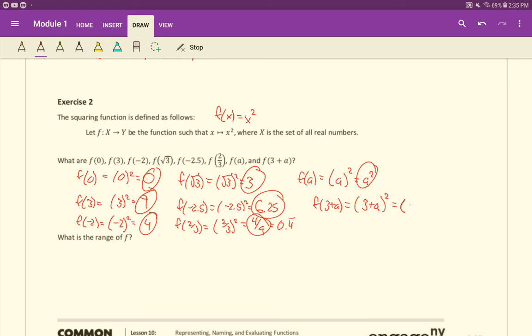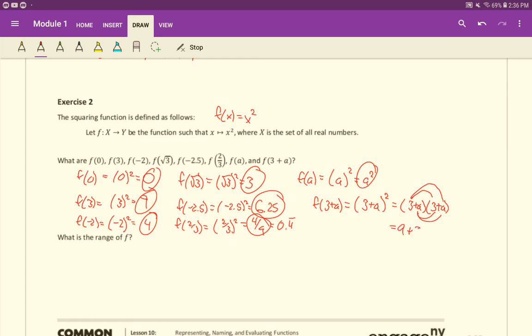We're going to use the idea that when you square something, you multiply it by itself. And we're going to multiply these two things out. Now you can use FOIL if you want to here, first, outer, inner, last. You can also just use the distributive property, right? This 3 has to multiply with that 3. This 3 has to multiply with this a. The a has to multiply with the 3. The a has to multiply with the a. And so we'll end up with